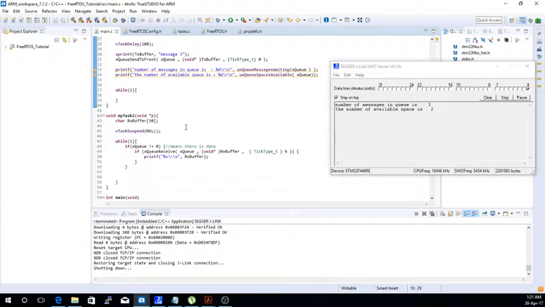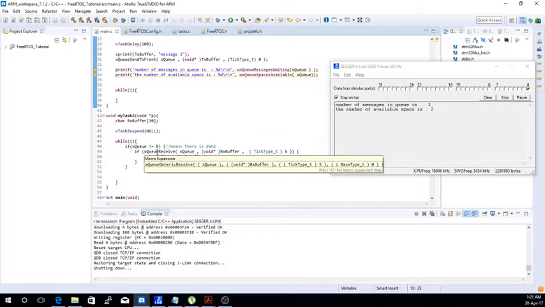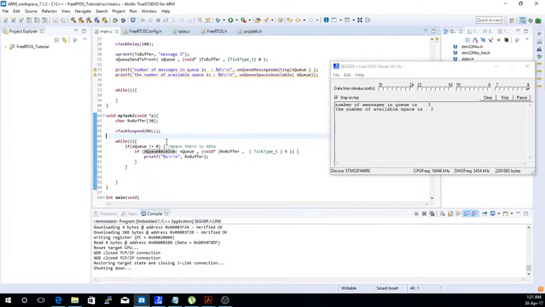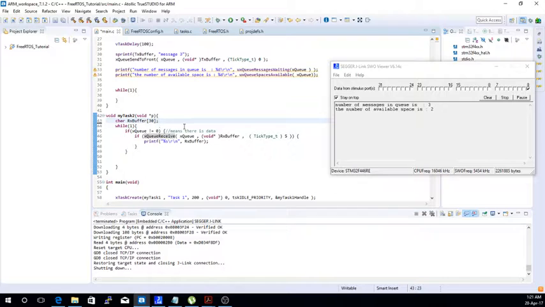One more function that you can use is xQueuePeek. Now xQueuePeek is the same as xQueueReceive, but when you're reading the data, you are not actually pulling the data out of the queue. You're not creating an empty space in the queue. You're just leaving the data in the queue as it is, but you're just reading it. So let's do that. Let me get rid of this null value,